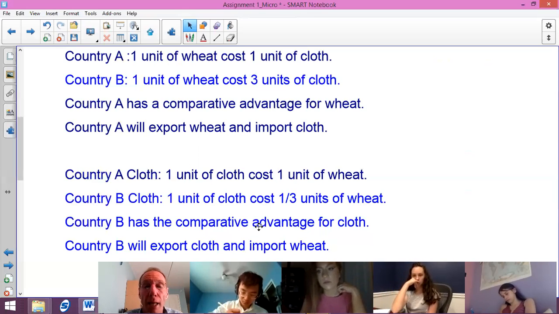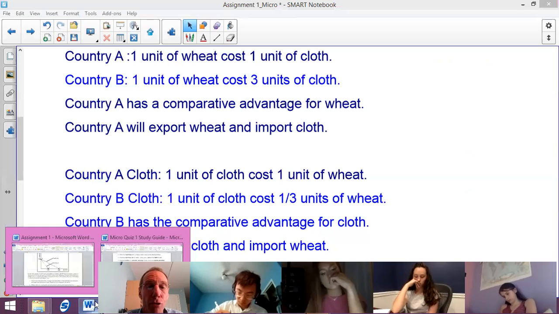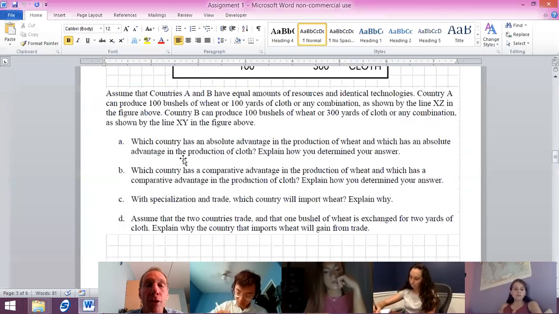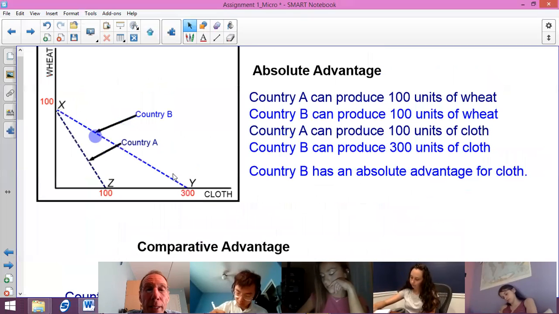And I think that analysis, I believe, let's go back and check, answers whatever they're asking for the first. Okay, so A is which country has the absolute advantage? Yeah, we did that. Explain how you determined your answer. You simply say, well, country, let me make sure I say it right. I don't get it backwards. Country B